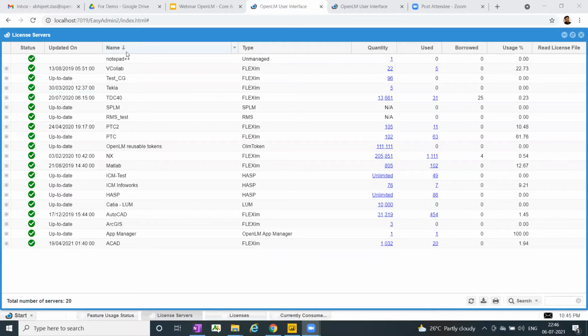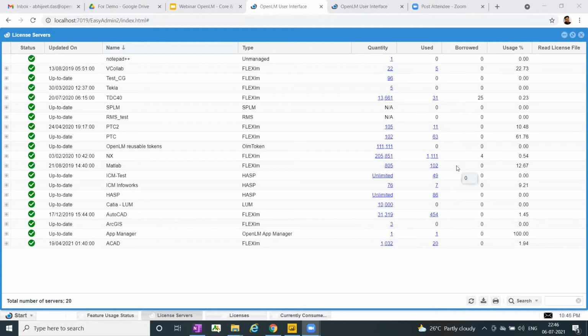Secondly, here you see the names of the applications that we have interfaced with OpenLM, the different types of license managers like FlexLM, whether it is LUM or RMS, SPI and so on. Here you get to see the total quantity of licenses that you have for that particular application and the current usage. So this is the real-time license utilization. This quantity picks up directly from the license file, which is there on the license server. So nothing is manual, hardly any chance of doing any manual mistake.